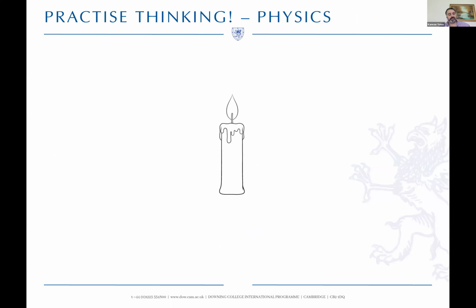And another example, let's say you're interested in engineering or physics. This is a question where we are testing your understanding in physics. We want to see how you can apply what you've learned so far at school to a problem that you might not have thought about before. And in this problem here, you have a candle. And the candle has a certain type of shape when the flame is burning. And you can see it's like a tear shape. And so in an interview in the past, what I've asked candidates is, why does this shape look like a tear shape? Why does it not look like a triangle or a square or a rectangle?